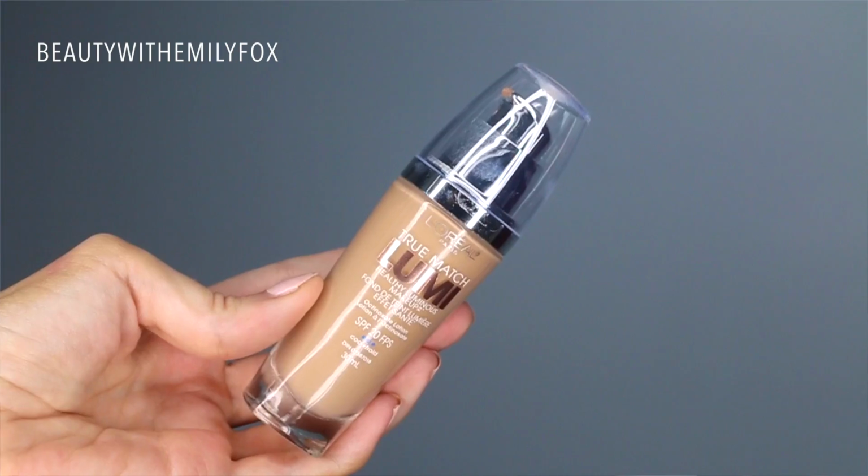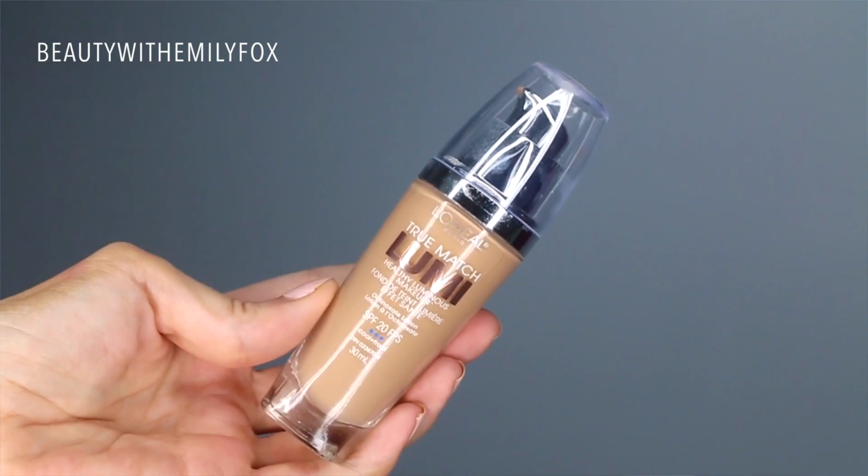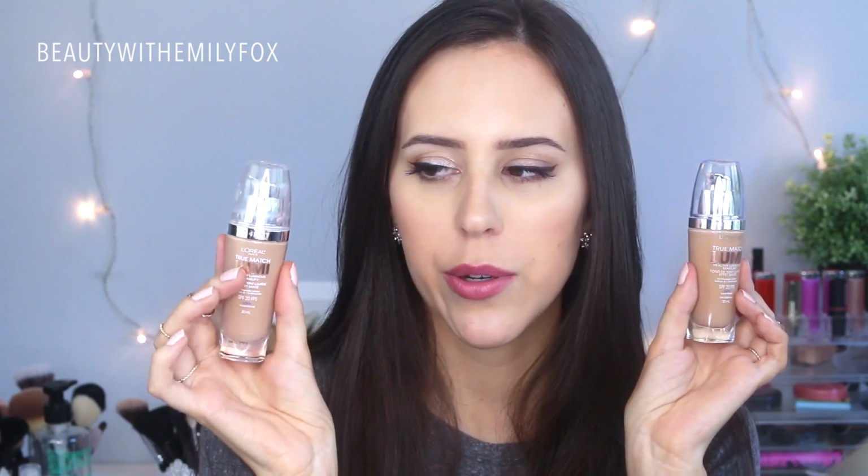First product is a holy grail product for me. This is the L'Oreal True Match Lumi foundation. I decided to get a new color because the color C3 that I usually use is way too light for me right now, so I decided to get it in a darker shade. This is the color C5, which is classic beige. I actually mixed them both today and it's actually a little too light still. It might look okay. My neck is always more pale than my body, so as you can see it's still a little bit pale,